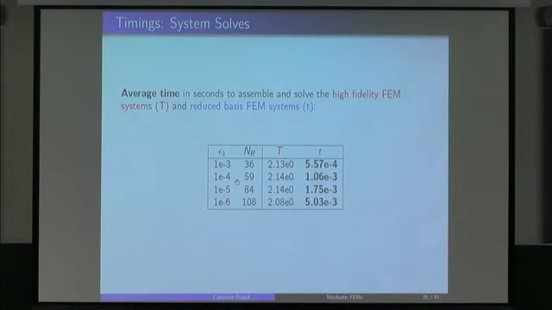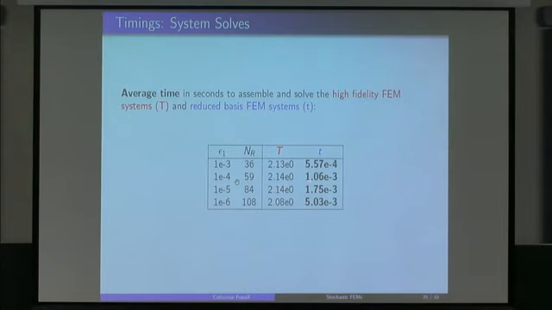So what can you do with a reduced basis strategy? You spend some time constructing your reduced basis first, and then you can solve a reduced version of the problem. So this is the time it takes to solve the reduced problem. You should be able to see that these times go down by orders of magnitude. But I want to stress, we can make this as quick as we like. What we want to do is implement the method in such a way that we can guarantee a certain level of accuracy. So as I am asking for more accuracy in my method, the size of the reduced basis that I need to meet those accuracy requirements has to grow, and so these timings will ultimately grow.